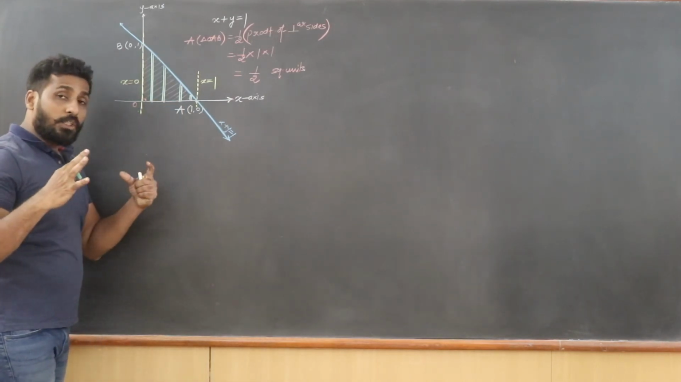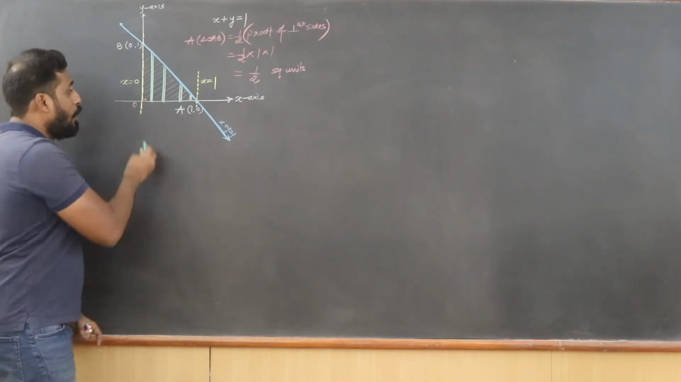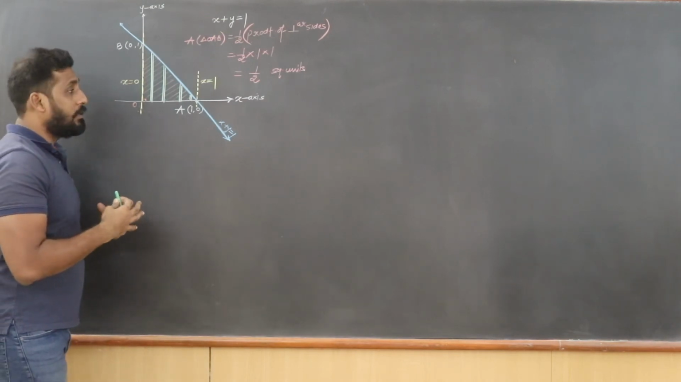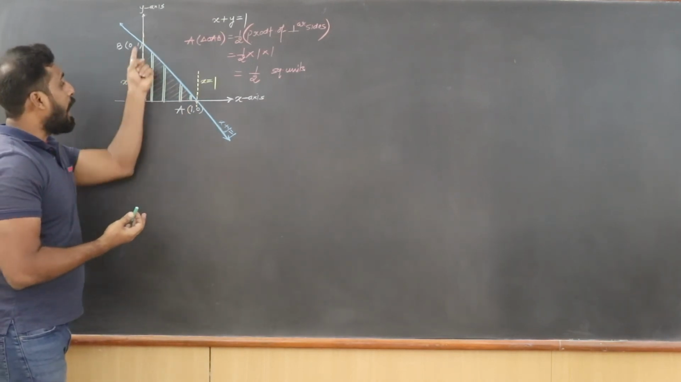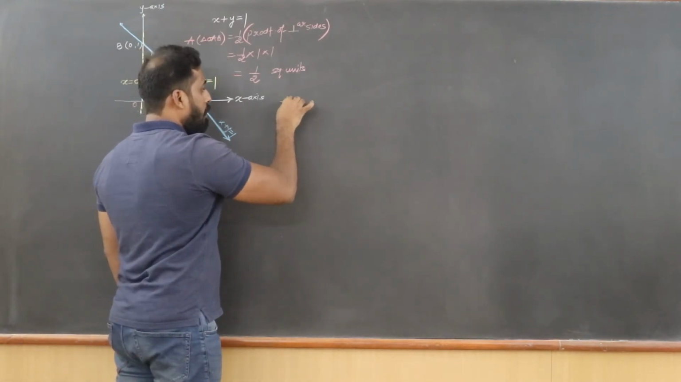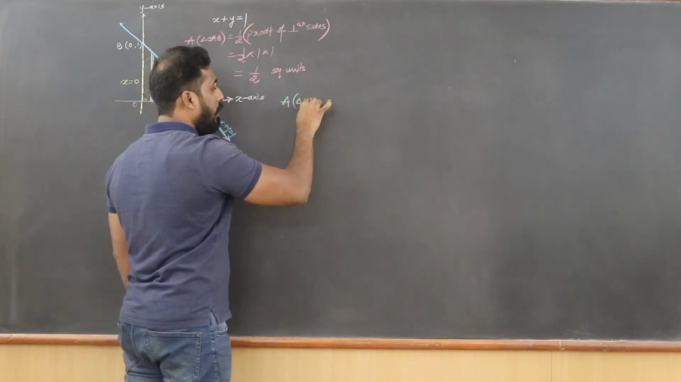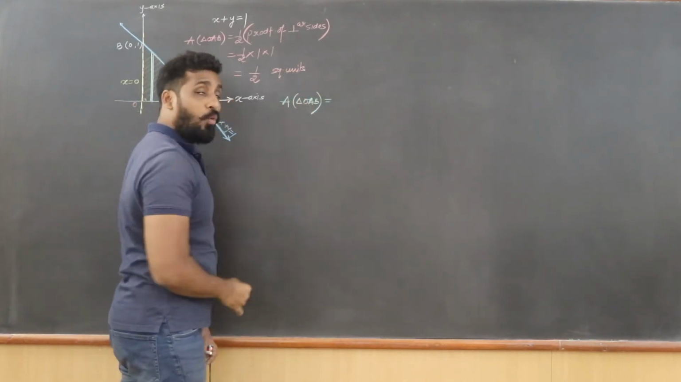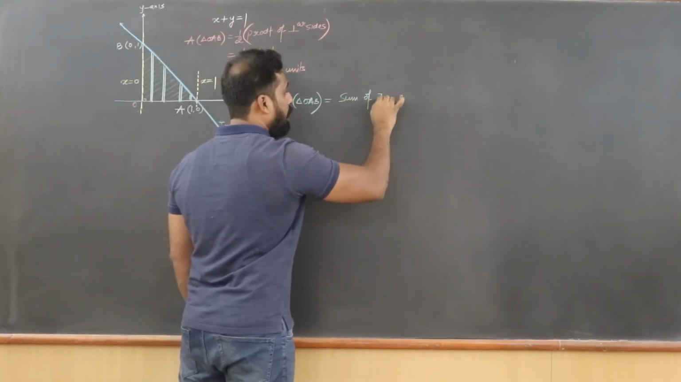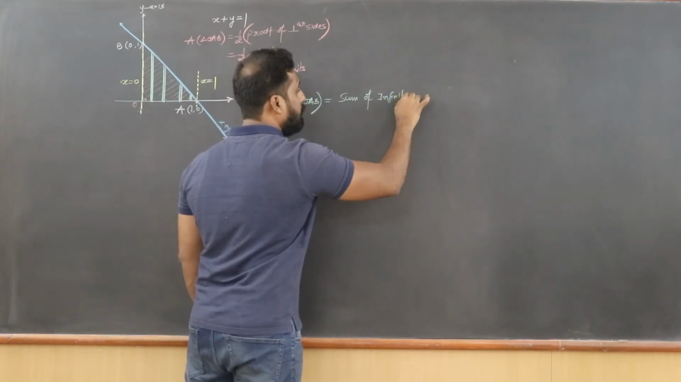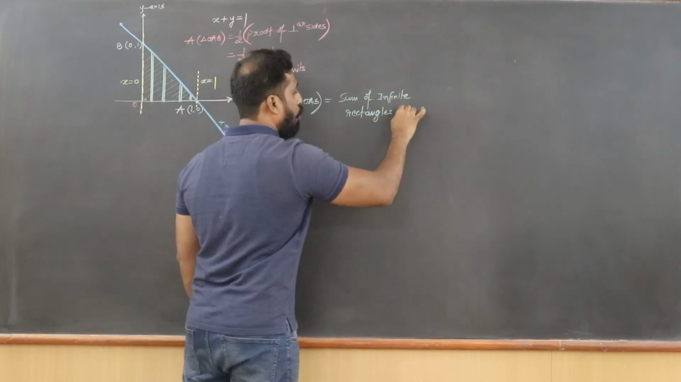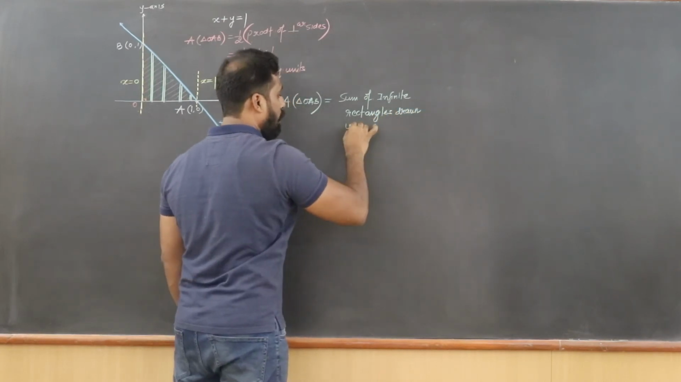And if I do the sum of the areas of all these infinite rectangles, if I add all the areas of these rectangles, I'm going to get the area of the triangle, isn't it? So I can write here: area of the triangle OAB is equal to the sum of infinite rectangles drawn under the